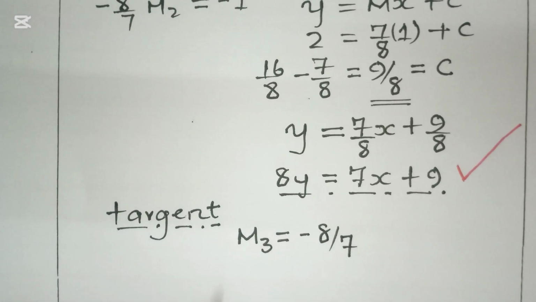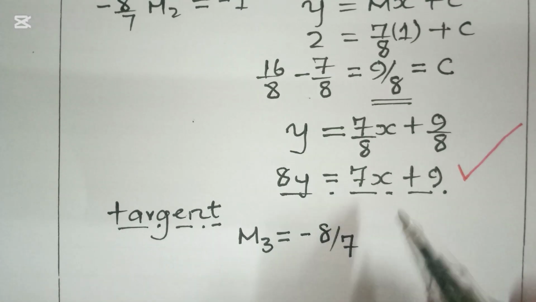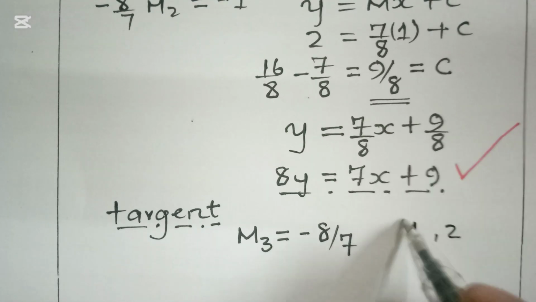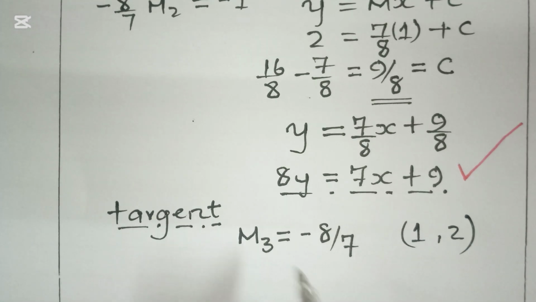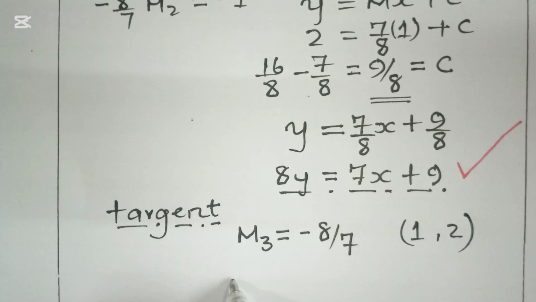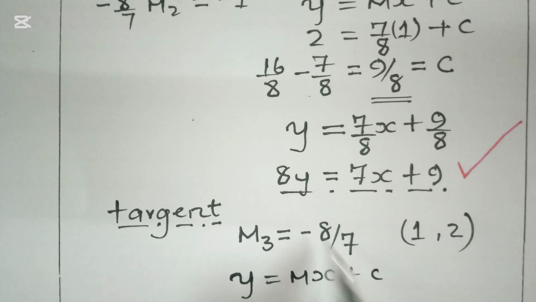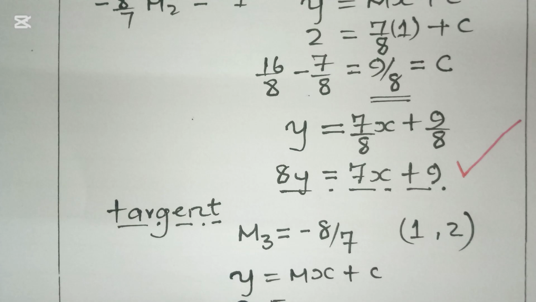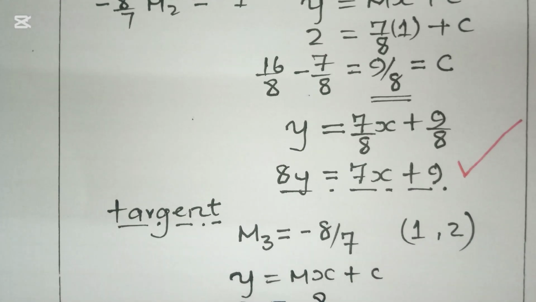So now we are going to look for the line, that line. And for that line, we have 2 points. We have 1 and we have 2. So we look now for the equation. So first thing, we are going to look for the constant. The equation is y equals mx plus c. So we use that gradient. So this is going to be y equals m, which is negative 8 over 7, x is supposed to be 1